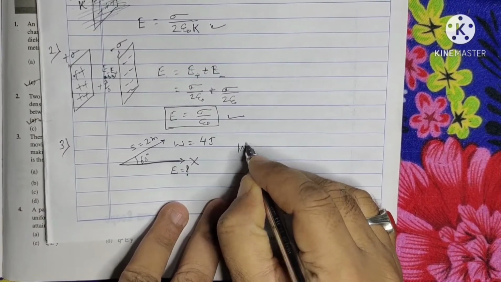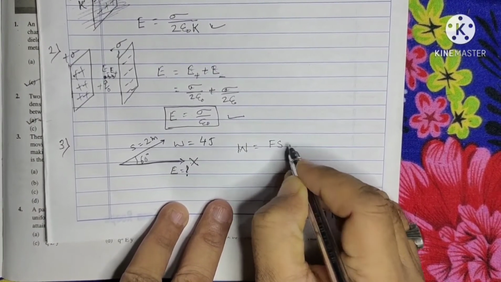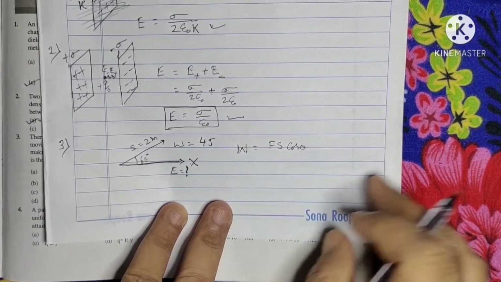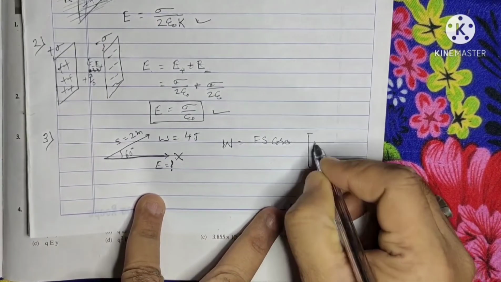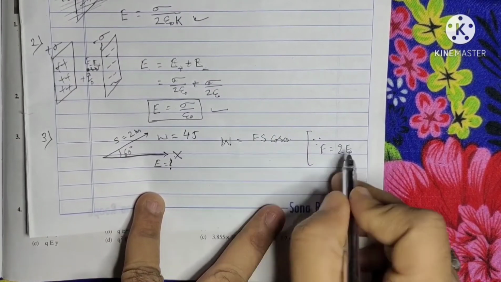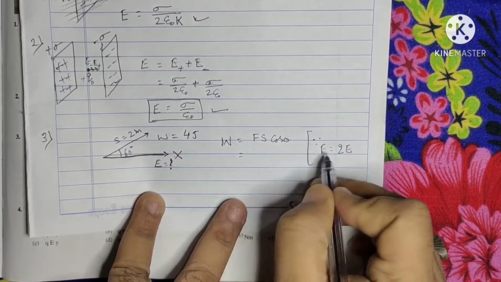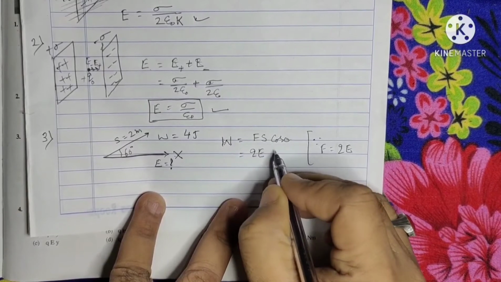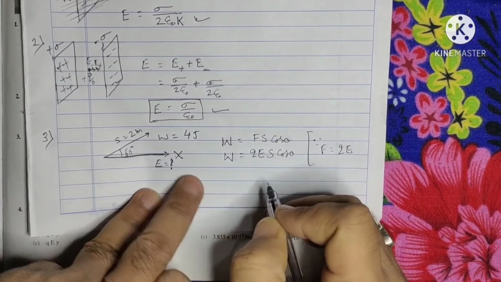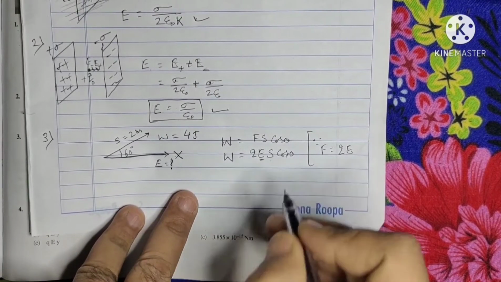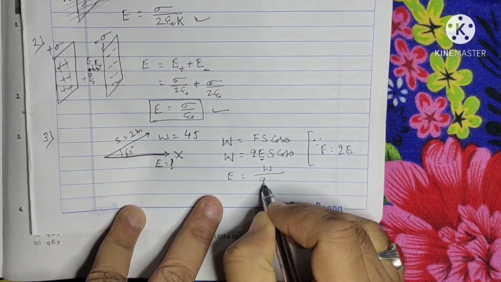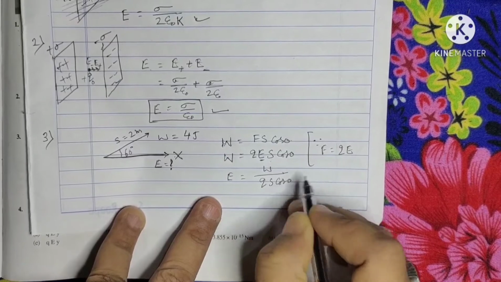the work done formula W is equal to force into displacement into cos theta. We know that W is equal to Fs cos theta. We know this generally with this formula. And since we know that F is equal to Q into E, here F means nothing but Q into E, we can write. Therefore W is equal to QE into displacement S into cos theta. This is work done W. So he is asking for the value of E. Therefore from this, E is equal to W by QS cos theta.